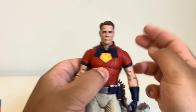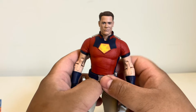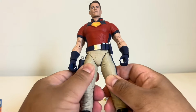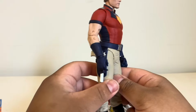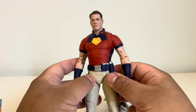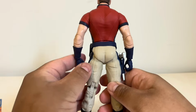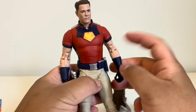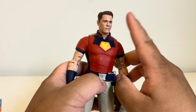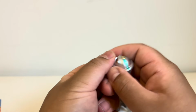I did want this displayed. Also, Hot Toys has made a version of this as a 1/6 scale as well, but it's not out yet, so I'm looking forward to that. The materials just look a bit rubber or plastic. It's something really hard. Good quality for a McFarlane figure for $60 for a figure toy. And I definitely like everything about the detail, and it looks really detailed as well. There's nothing wrong with this, but I think there's one problem with this set, which I'm gonna talk about right now. So with the head sculpt, if you take this out,